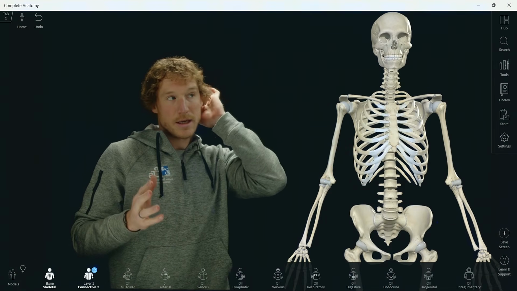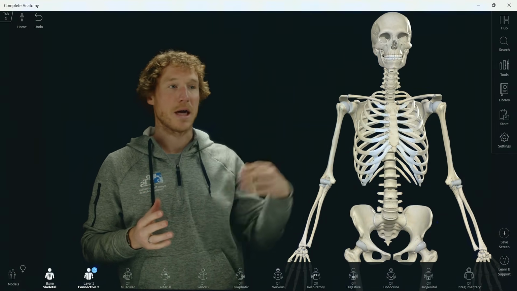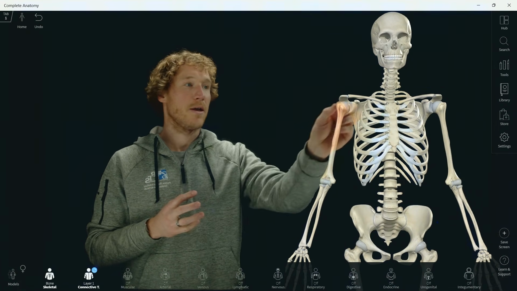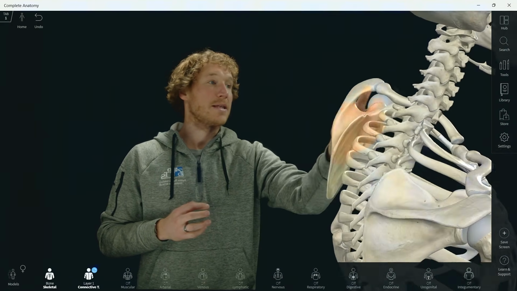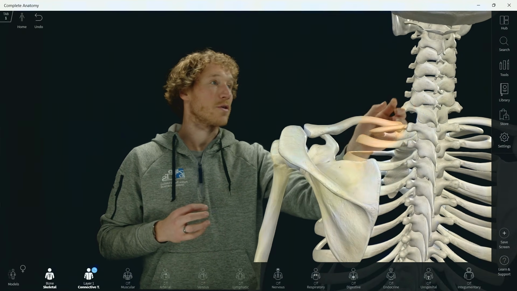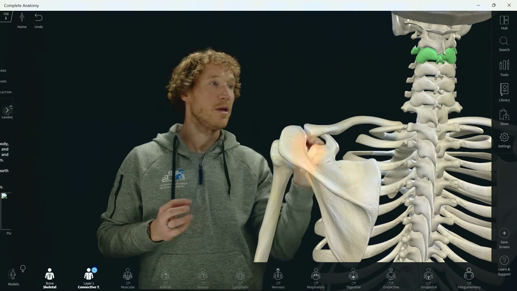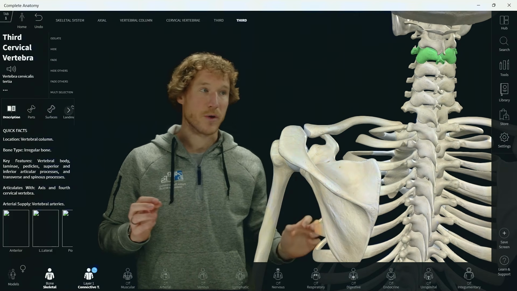Here's the skeleton, kind of zoomed out. The cervical spine is obviously referring to the neck. So we're going to zoom in, and we're going to look at what we would call a typical cervical spine first. So I'm just going to pick C3, so that would be your third cervical vertebrae, and we're going to